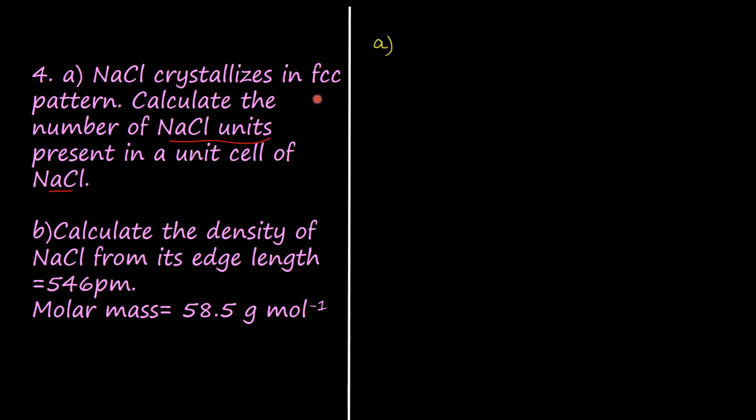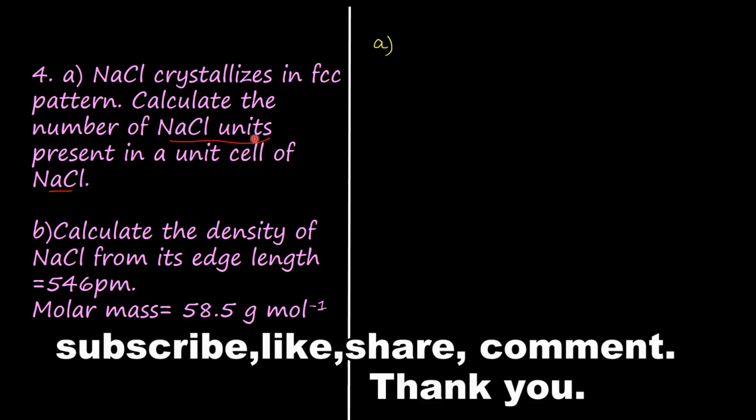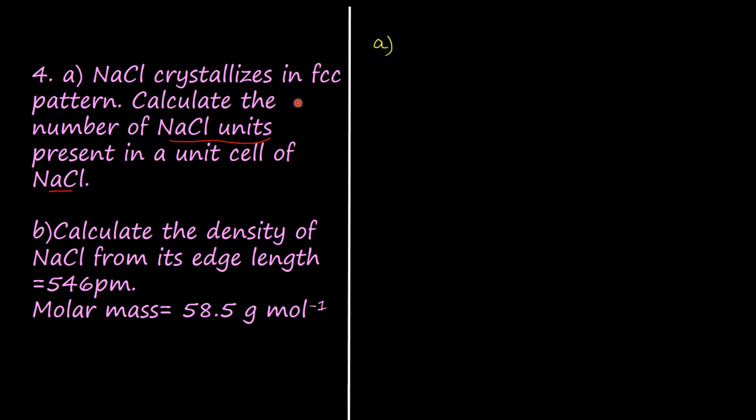For crystals of elements, FCC pattern contains 4 particles. We already know that. So we can directly write the answer as 4 particles. But here we have to consider the corner particles, particles in the face and also particles in the voids. I have already posted a video on how to calculate the number of particles in different types of cubic unit cells. If you have not watched it yet, click the I button in order to watch that. Okay. Now let us start answering this question.